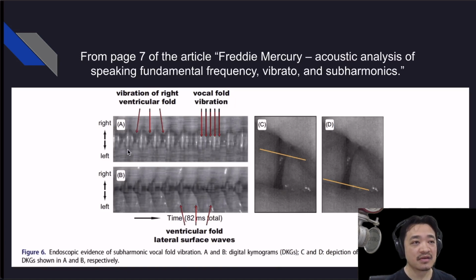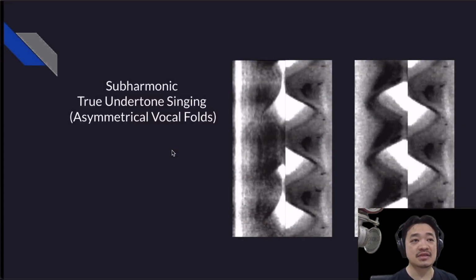normal vibration. There are three additional vibrations that occur, or three periodic meetings between the ventricular, which is the false folds, and the true folds. That's where the false folds meet with the true folds to create the pitch. And subharmonic, from what I have gathered, would probably look a little more like this, where it's asymmetric. You have a little bit of that vocal fry concept, and then the full modal concept. And see how, even though it's trying to line up, it's slightly offset.